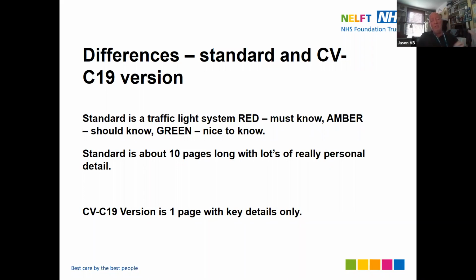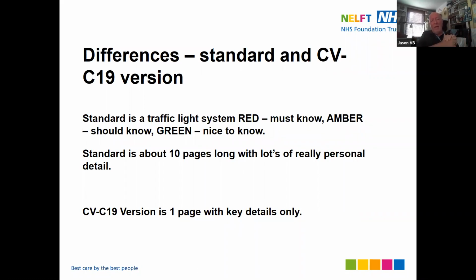So the standard NELFT hospital passport is about 10 pages long, and it's got some really personal detail, well, it should have. I have seen hospital passports where it says not reported, not reported, not applicable, and that, to be honest, isn't really very helpful. Even if something isn't relevant, or not a particular issue for that person, something should be said there so that we know what the baseline is, and that will make more sense as I go through